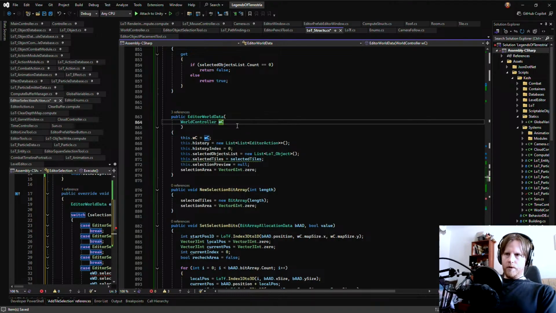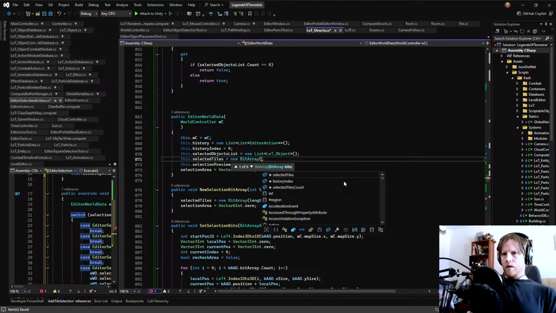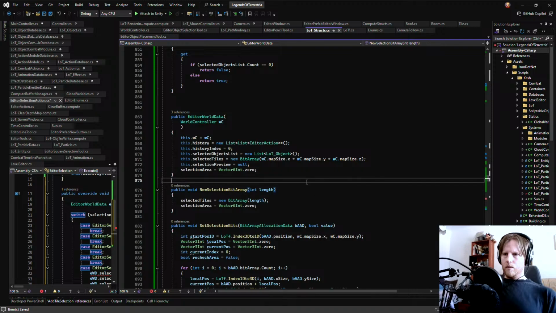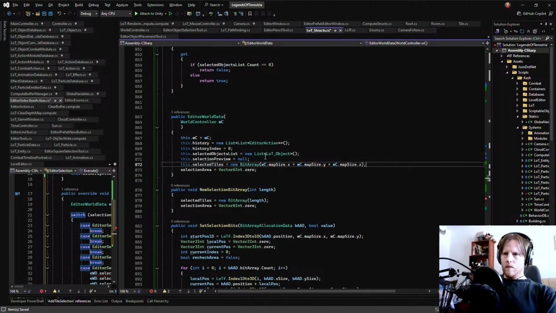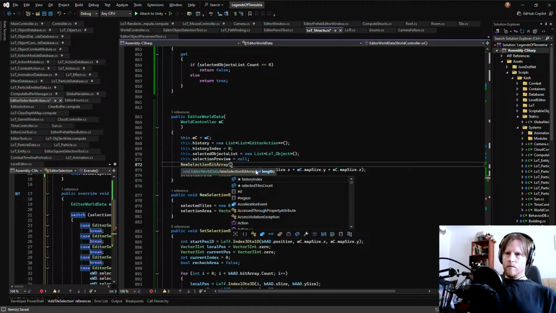I think this is all we need to feed it. Because then here, selected tiles, we can say new bit array, map size dot x times map size dot y times map size dot z. And even use this.